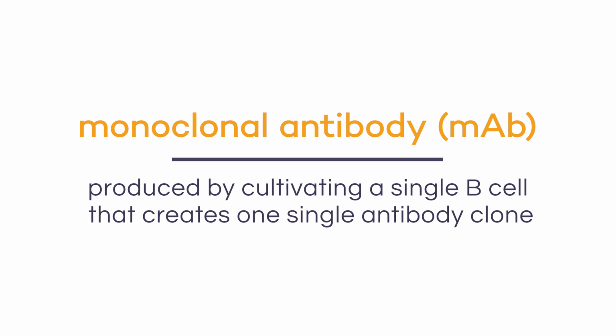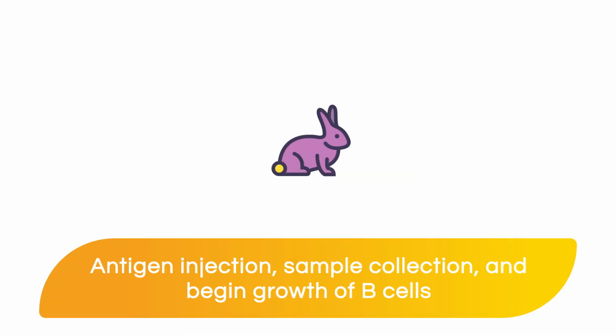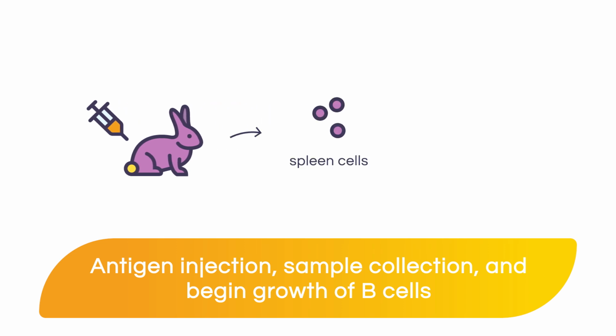To counteract some of the challenges in using polyclonal antibodies, scientists decided to develop monoclonal antibodies. Monoclonal antibodies are obtained by isolating B cells from the spleen of an animal that was treated with your antigen of interest. So it is actually very similar to what we just discussed for the polyclonal antibodies, in the sense that you select a host, you inject it with the antigen, you give booster injections, but then instead of purifying that antibody from the blood serum, you're actually going to obtain the spleen of the animal,